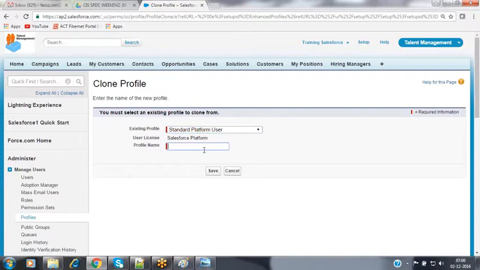So what is the difference in that case? I am giving a standard platform user, and this profile is the same, right? What am I gaining here? I don't understand. See, whenever you are creating the profile, whatever permission you want to grant inside that profile will be visible only to that associated platform.